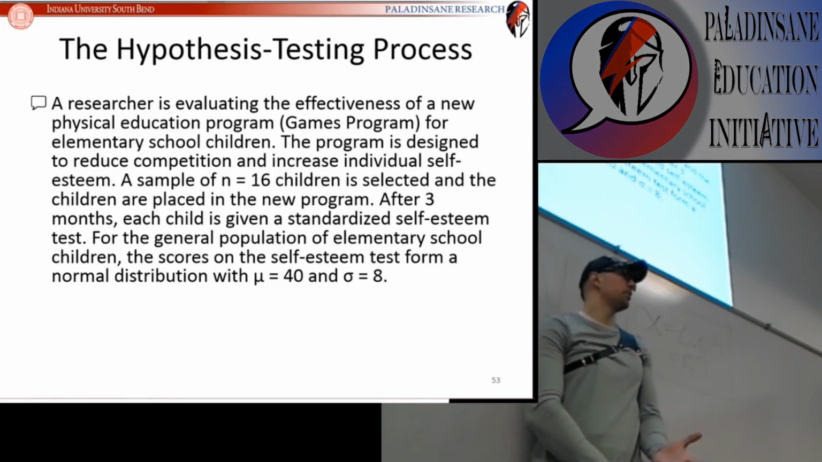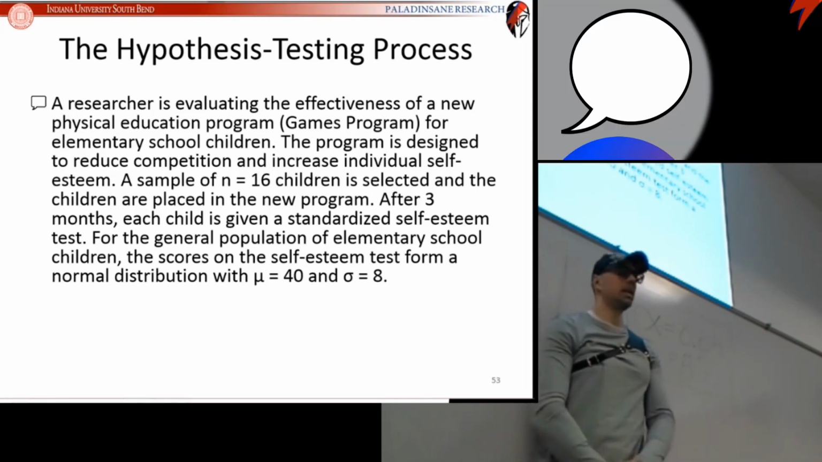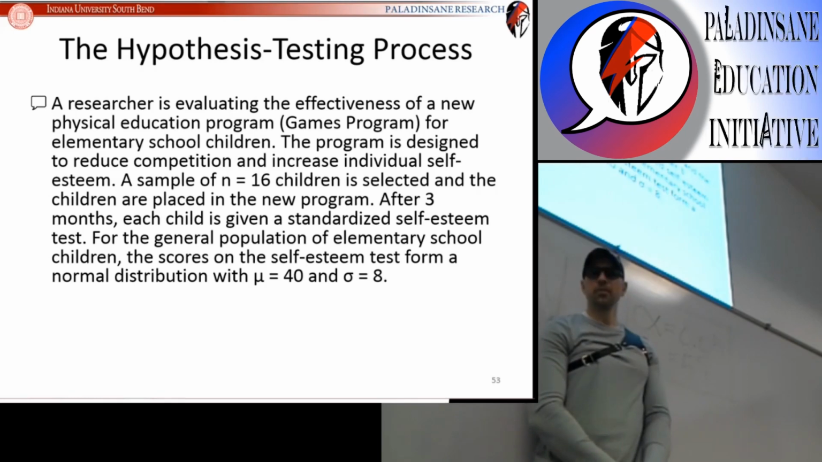Why not before 3 months? And then after 3 months? Because it makes the math easier, it makes the logic easier to begin with. So don't let that bother you. Seems like a silly thing to do. But anyways, they didn't measure them before, but after 3 months on the program, each child is given a standardized